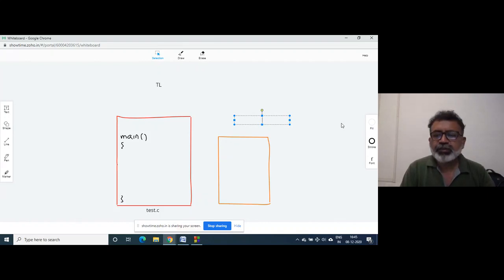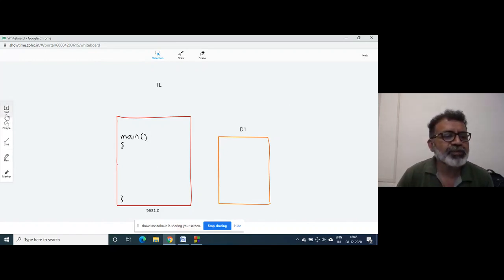We'll say D1, developer one, right? Now D1 has been assigned to write some functions. Suppose for the time being, we will assume that he has been given only one function to write. So he will write some function, suppose the name of that function is call me, right?